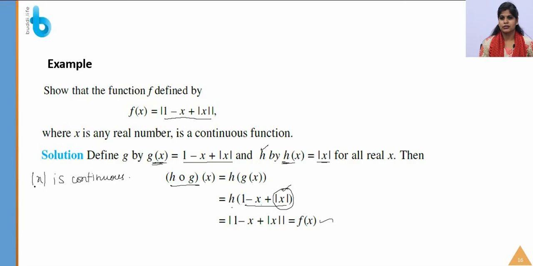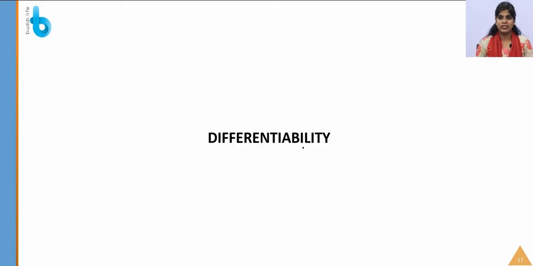Okay, so modulus of x is a continuous function. I hope you already know this. That's why I have not done it here. Okay, if you want, you can refer to the previous video, or you can just go through the example problems in your NCERT textbook. Okay, next we will see differentiability. Continuity gets over here. So these problems, if you practice, that's enough. Then we will move on to differentiability now.